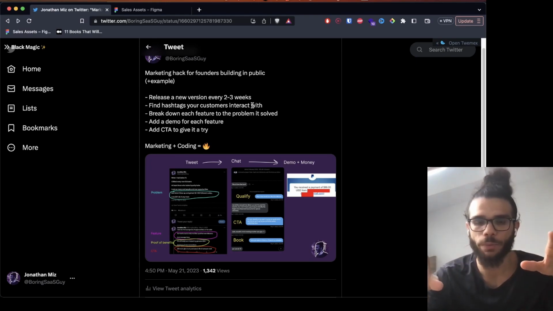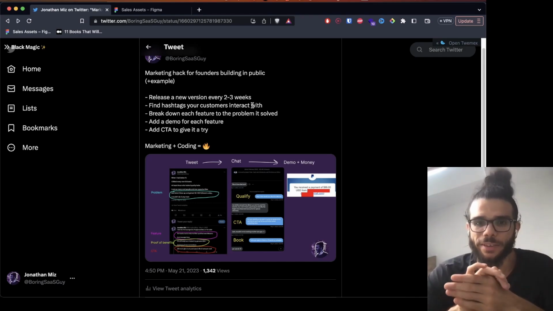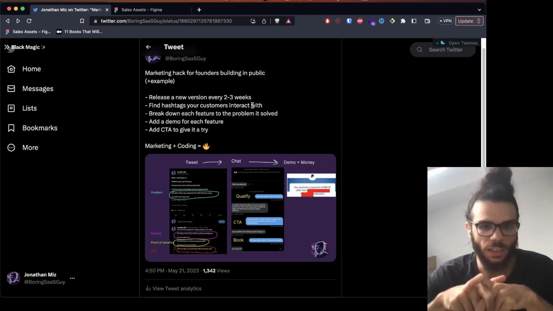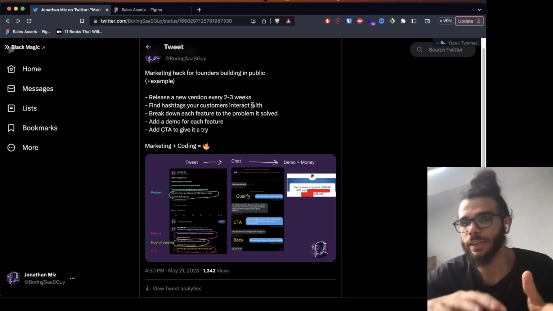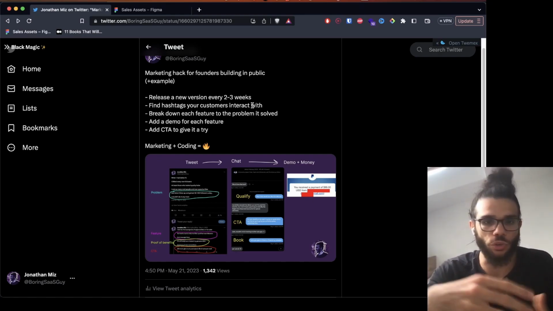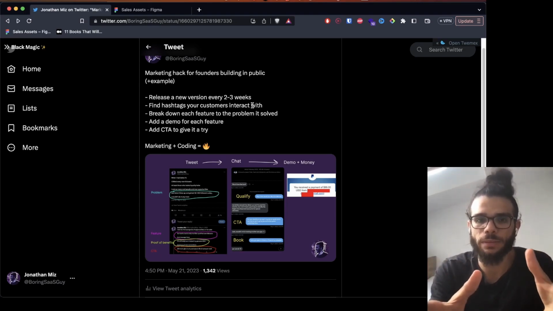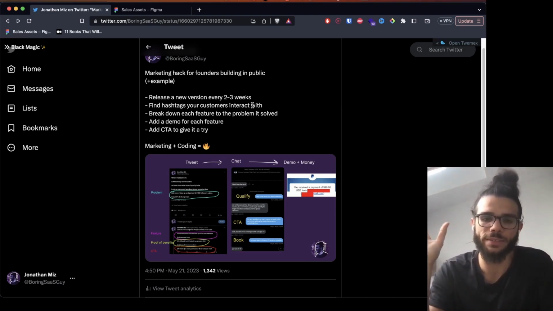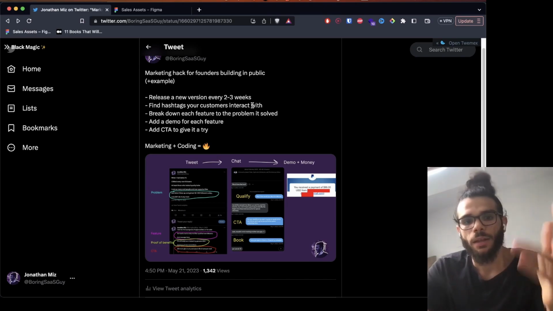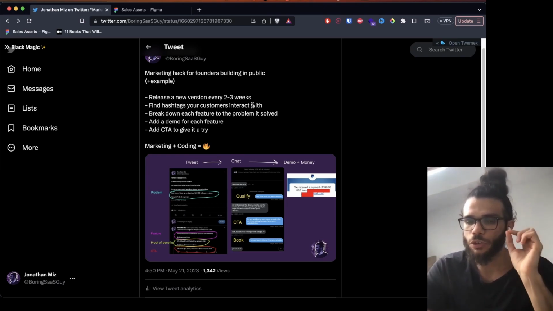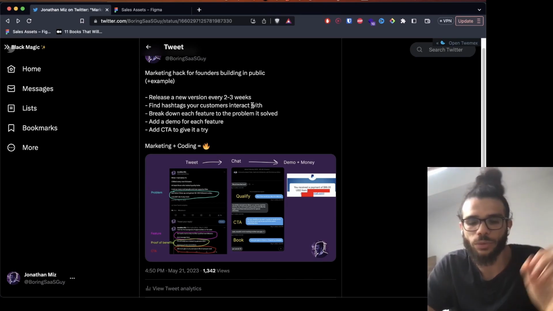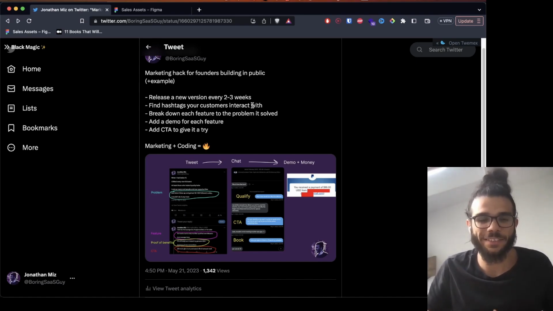If you have a co-founder, it's easier. They focus on the coding. You focus on doing these kind of tweets. And like this is one type of tweet. In the future trainings, I'll talk about other types. So you break down each feature that you built in these 2-3 weeks, and you tell a story about it. And this is so good because